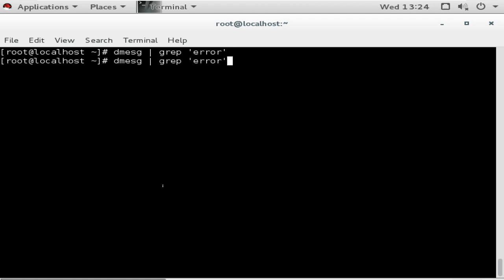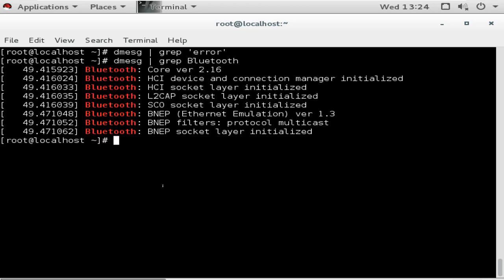Or you can look for information about Bluetooth, so these are the logs for the Bluetooth. These are the logs related to this service, so you can find any service you want.